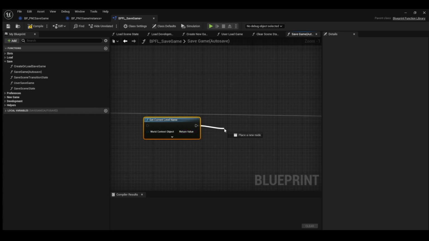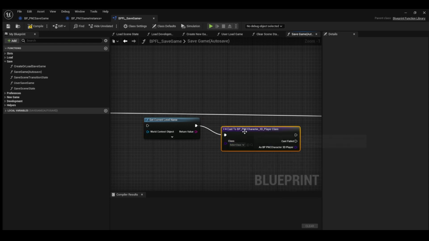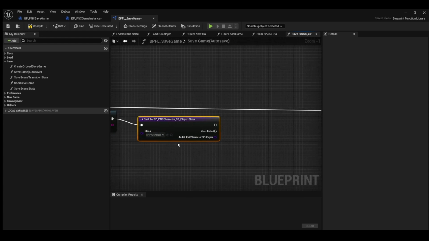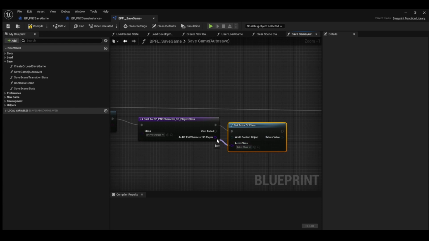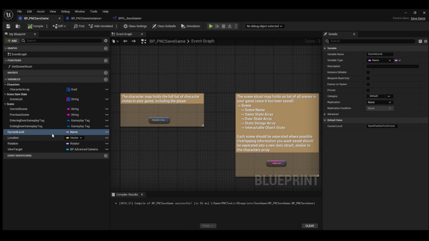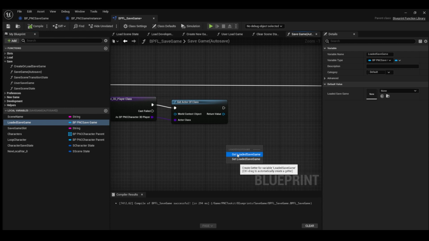And then we will drag out and search for our PNC 3D player character and cast to that class. And here we will go for it again. We will get actor of class and connect it here. And then we will go to our local variables. And here you should have something called loaded save game, which is a reference to the BP PNC save game, this one, which we added these variables. So go back to the BPFL save game, and here you will drag out the loaded save game, get it,